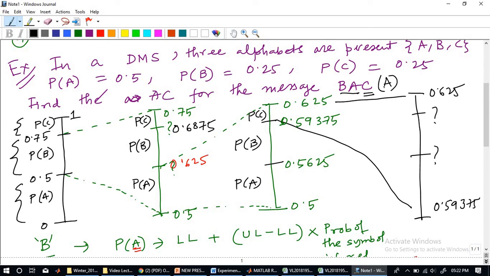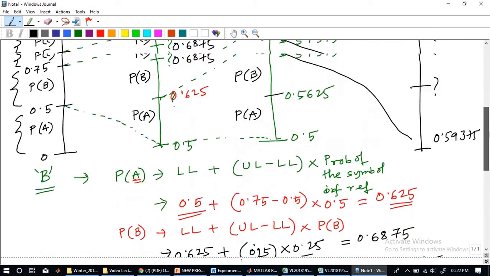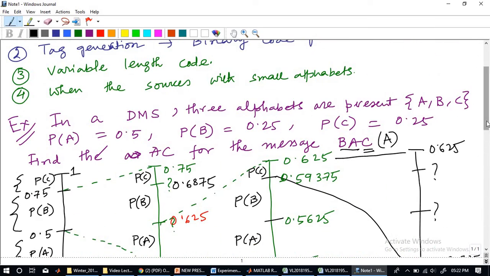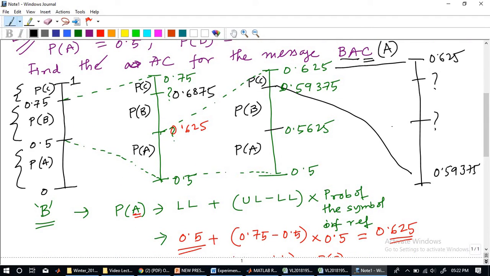Please do the calculation and tell me what the code word will be when you are looking at BSCA as a message. Please follow the same process. Just find out those missing terms, because if you don't get those missing terms, you cannot proceed further. The final conclusion will be wrong, since you have another symbol, A.